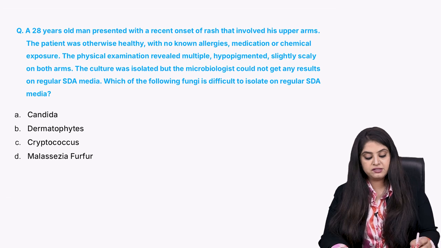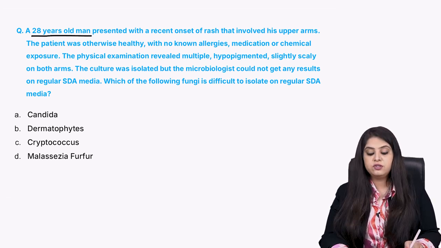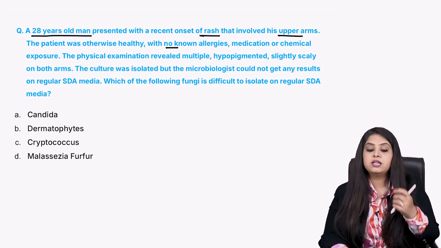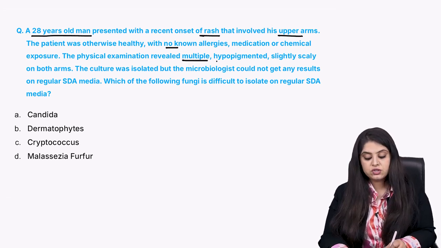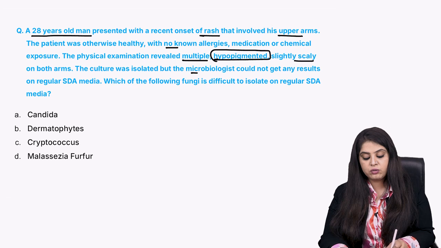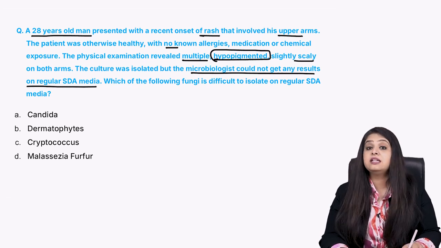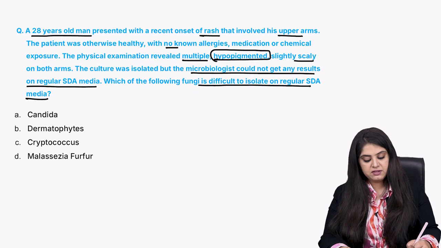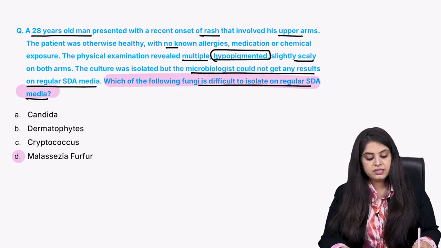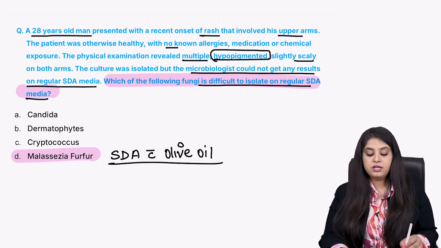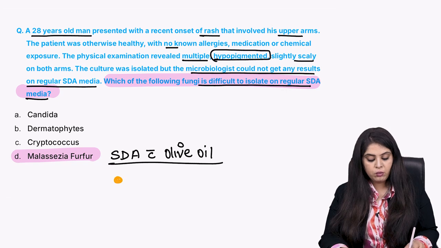Question number 1 says, there's a 28-year-old man who presented with a recent onset of rash in his upper arms. The patient was otherwise healthy, no allergies, no medication or chemical exposure. Physical examination shows multiple hypopigmented, slightly scaly lesions, and the culture was isolated, but the microbiologist could not get any results on regular SDA. Which of the following fungi is difficult to isolate on regular SDA? Even if I had only read the last line, I would have known the answer is Malassezia furfur, because regular SDA will not be able to grow it. It will require an olive oil overlay. Why? Because it is a lipophilic organism,